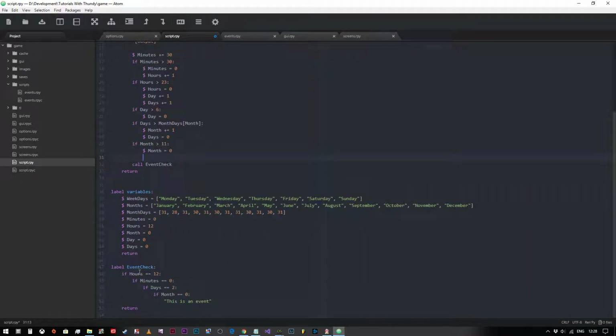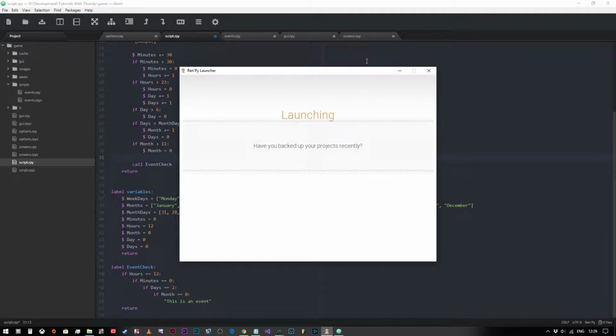So we're jumping to here, we're calling this block of code here, and we're saying if hours equals 12, if it's 12 o'clock and 0 minutes, on the 3rd, remembering that 0 is our 1, so 1 is 2 and 2 is 3, of month 0, which is January. So if it's 12 o'clock on the 3rd of January, it will print a bit of code saying this is an event. So we will go launch project,